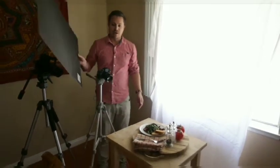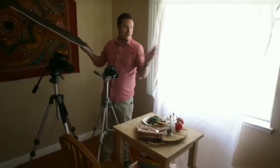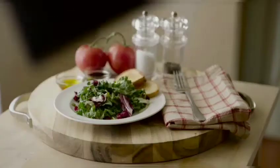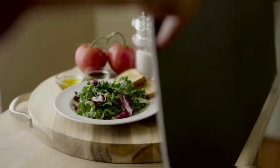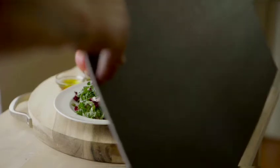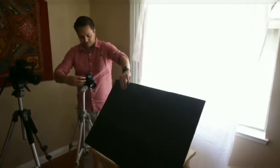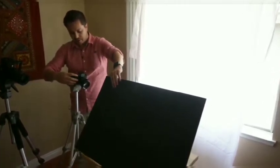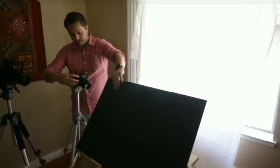Depending on where you're shooting, there's no real close wall on that side for this light to bounce off of, so this isn't going to do much, but depending on where you are, you can take this and get it as close as you can to the food without actually getting it in your shot. And I'm just doing it by hand right now until I get into my frame, and then I'm going to back out, and I'm going to go ahead and take a photo with the same settings